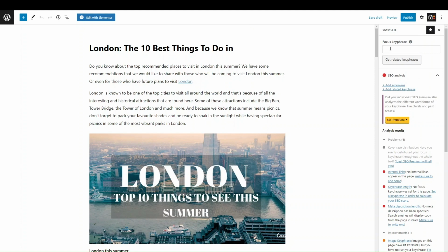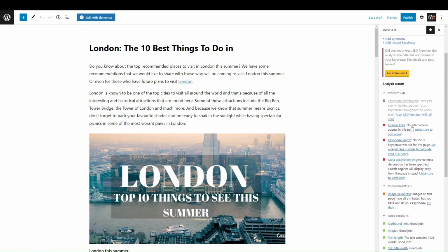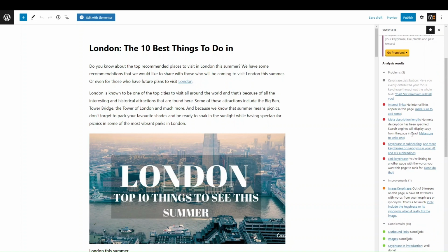So the first thing that you want to do is add in a key phrase, and then what Yoast will do is analyze this blog and see what it needs in terms of improvement for SEO. If you go into the analysis results, you can see there's 4 problems, things like the key phrase length, meta description, all of that. So these are all things that will be improved once you add the key phrase. For example, if we add the key phrase as London, you can see it's gone from red to orange,